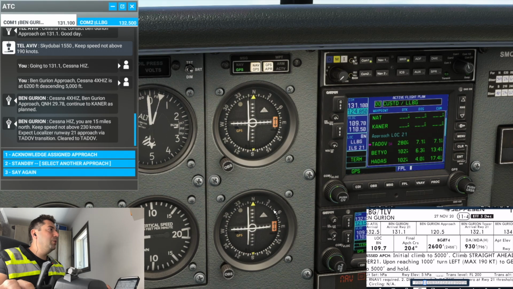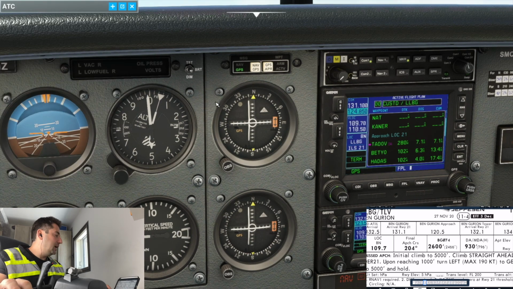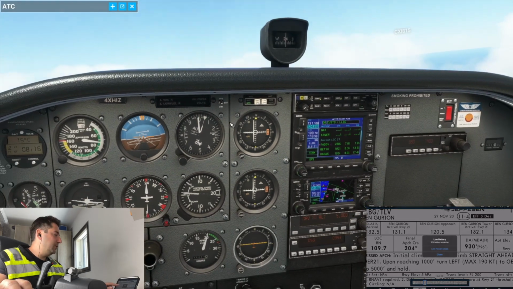So what we wanted to show here, I actually want to do only localizer without